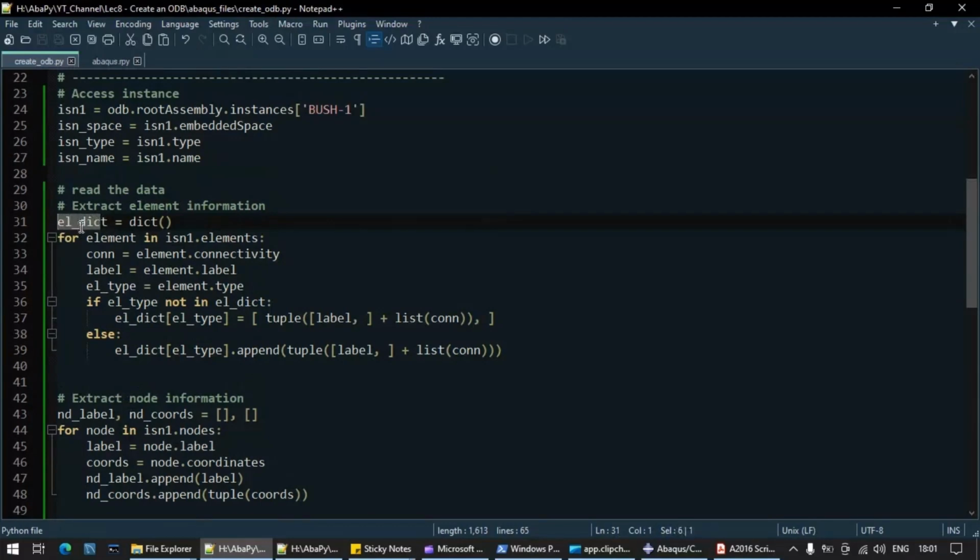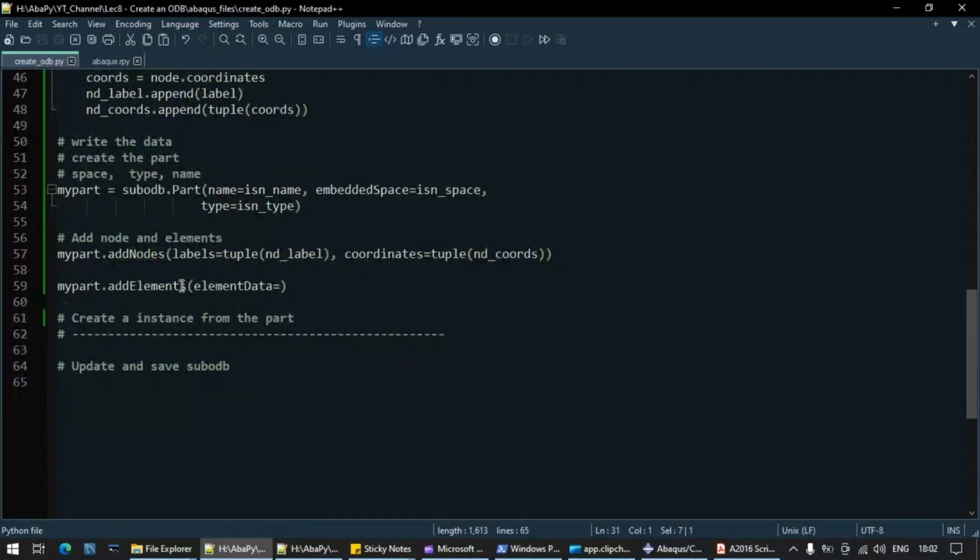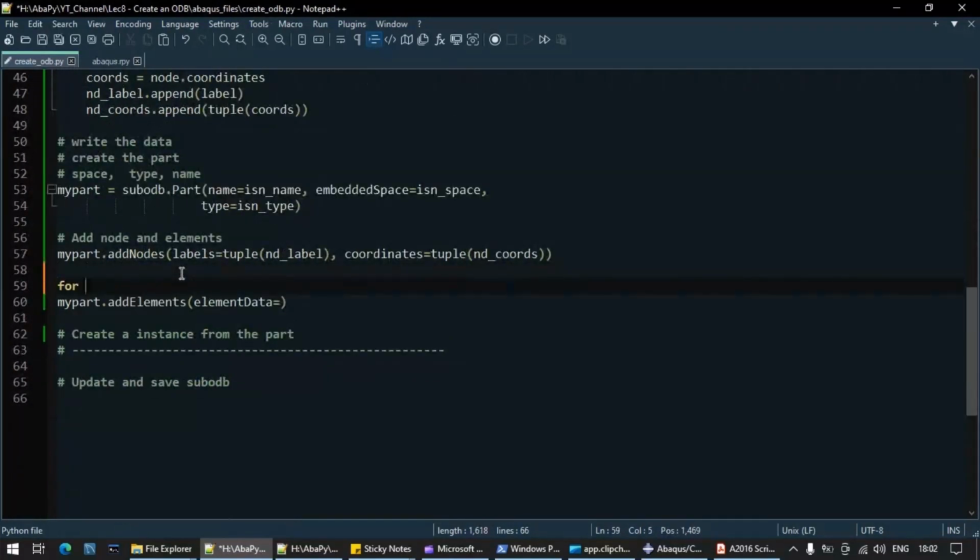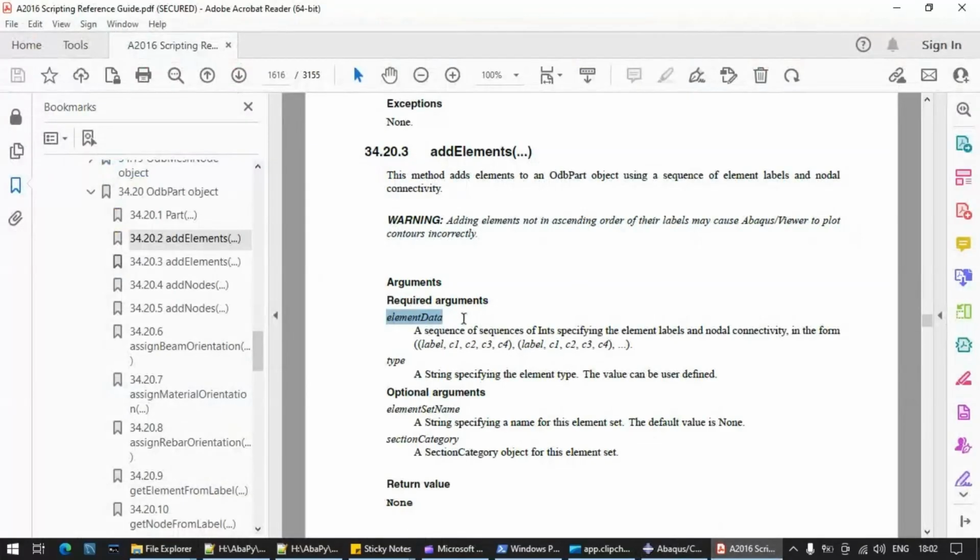So we have to add all the elements in an iterative way, so we cannot write like this. So let's write key, which represents the element type, and val in dot items. Okay, so here we are iterating through key and value of this element dictionary.